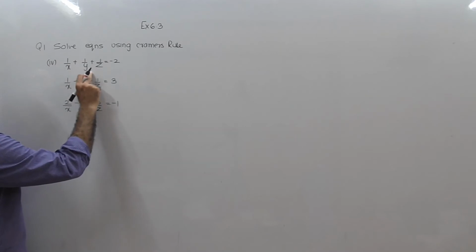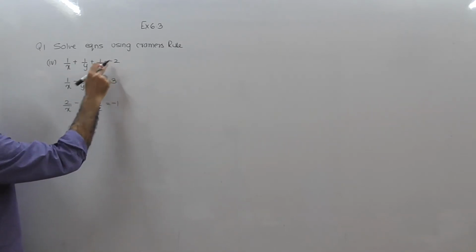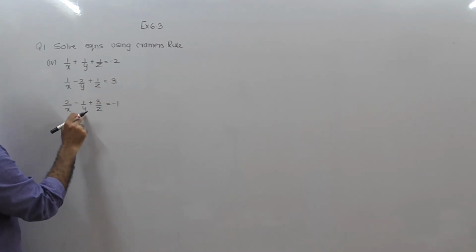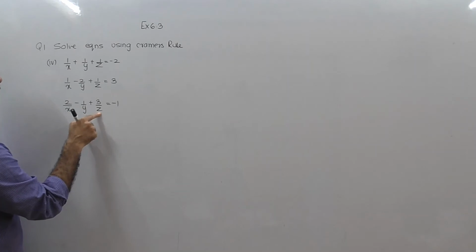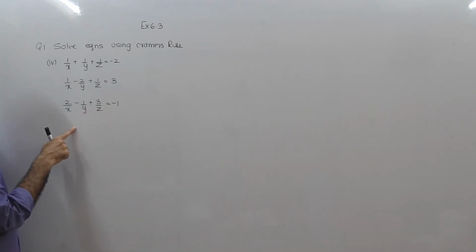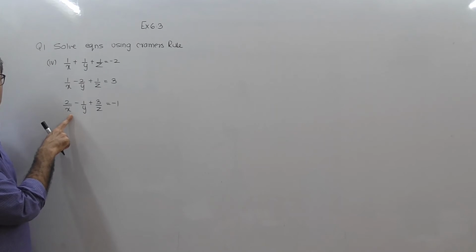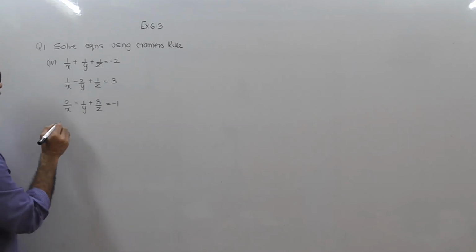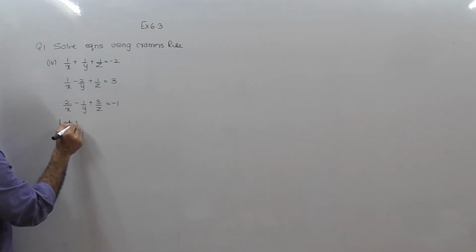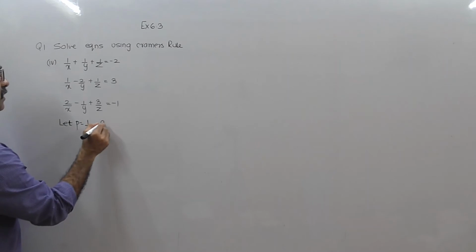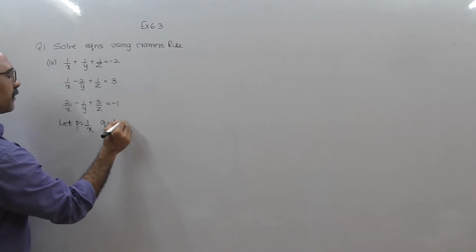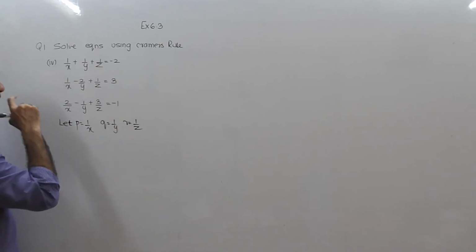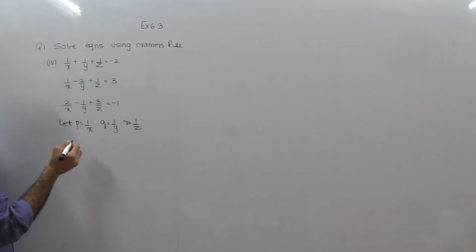So these are 1 upon x, 1 upon y, 1 upon z equal to minus 2, 1 upon x minus 2 upon y plus 1 upon z equal to 3, 2 upon x minus 1 upon y plus 3 upon z equal to 1. These are not linear equations because the power of x is not 1, the power of x is minus 1. 1 upon x, right, so 1 upon x means the power of x will not remain 1, the power of x will be minus 1. So what we will do is we'll make an assumption, let p equal to 1 upon x, q equal to 1 upon y, and r equal to 1 upon z. So these equations will get converted into p, q and r. So automatically it will become a linear equation.